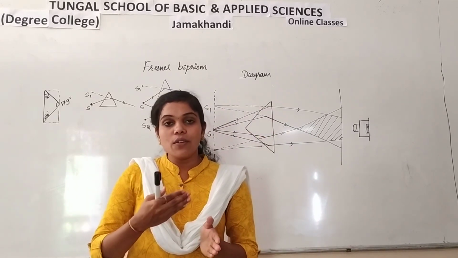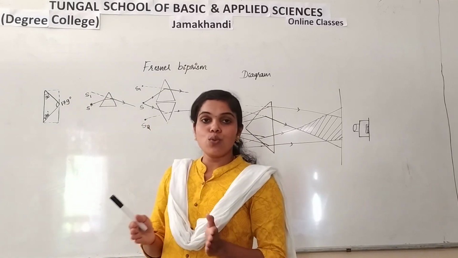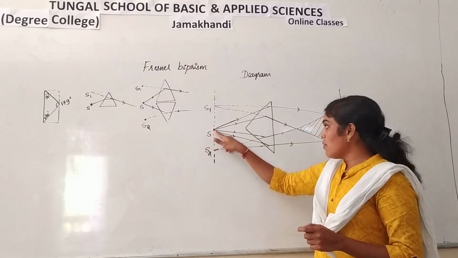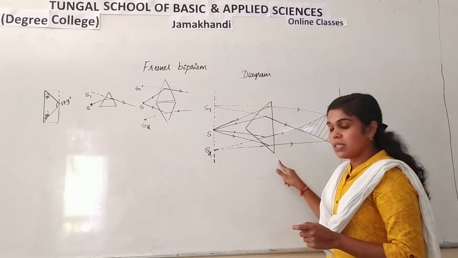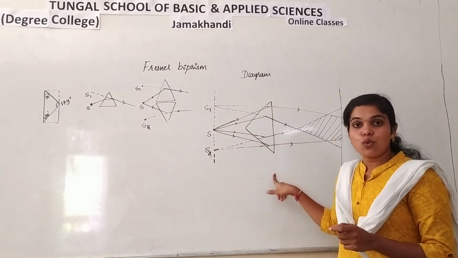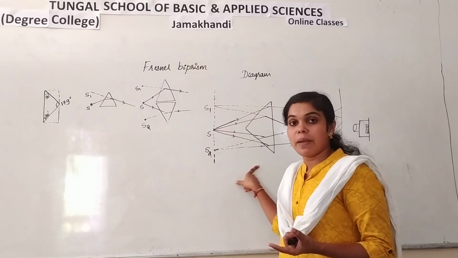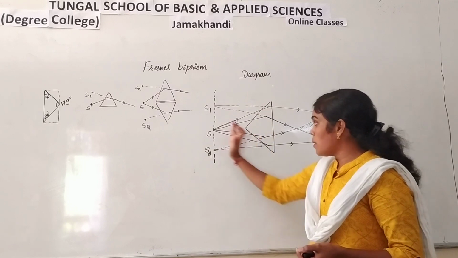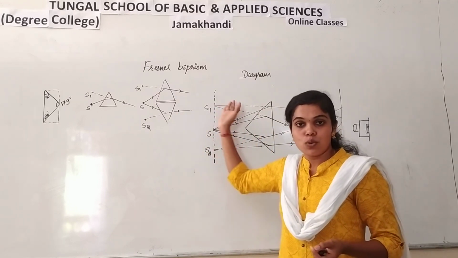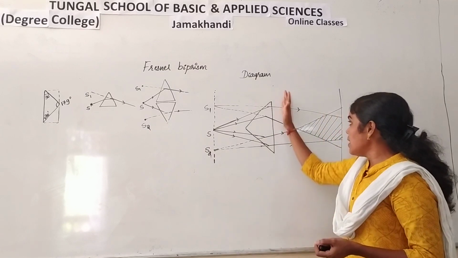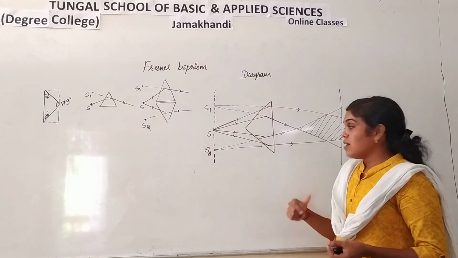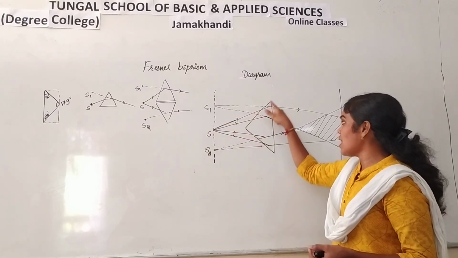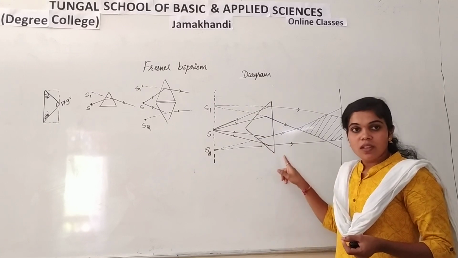After that, the fine beam we are going to get is allowed to fall on the biprism. This will be the slit, and the fine beams are allowed to fall on this biprism. Look at the position of the prism. How to place the biprism on the optical bench: these two are refracting edges. These two should face the slit, that is, these two should face the source. And here the base should be towards us. Right? So from the source we are going to get wavefronts in all directions, and that is allowed to fall on the biprism.